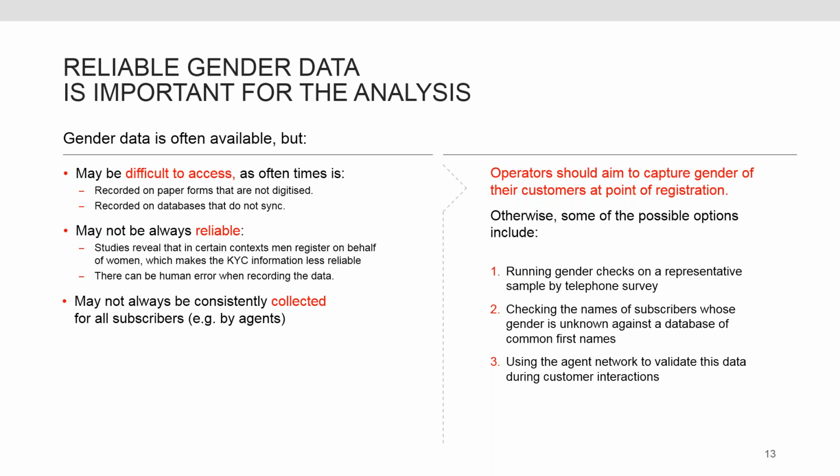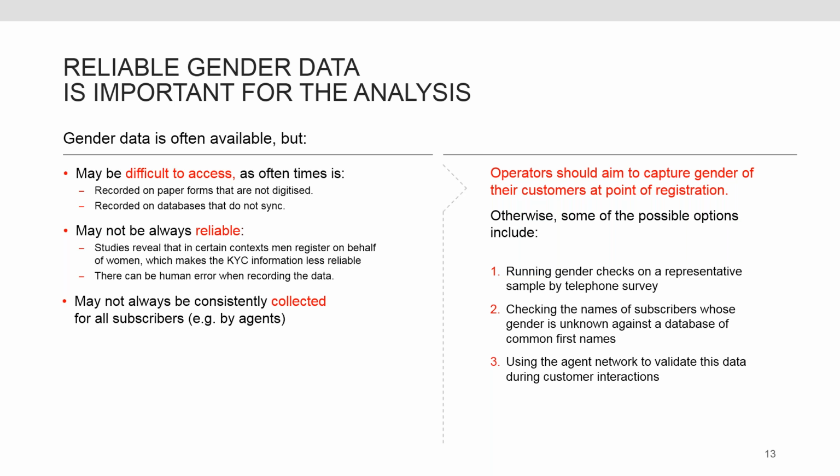So one thing just to acknowledge and to highlight is that reliable gender data is definitely important for this analysis, but we absolutely recognize that in many data sets, gender data is partial, it may be inaccurate, it may be difficult to access. It all depends on how it's collected, what the KYC requirements are in a market. It may be that men often register on behalf of a woman, and then a woman will actually be using the account. All of this limits the accuracy of gender data, and it is an issue,